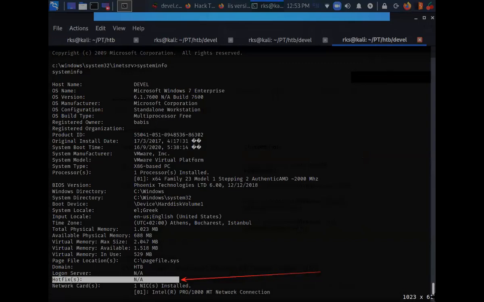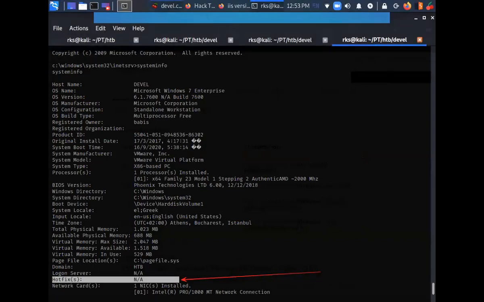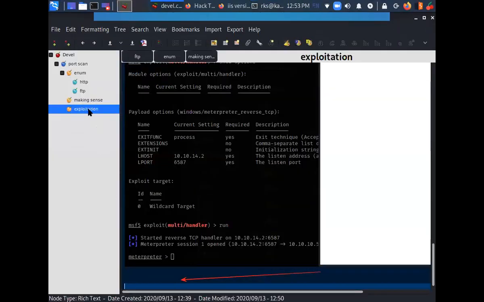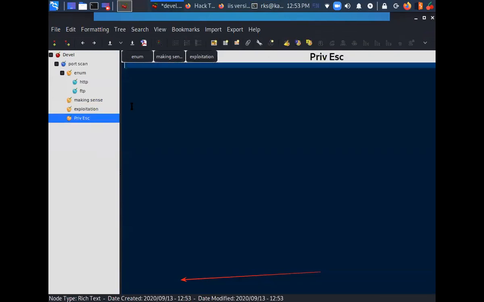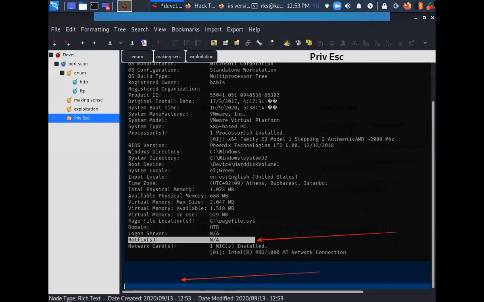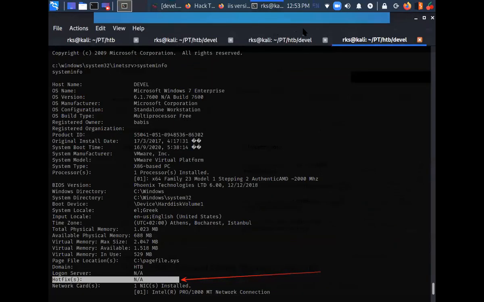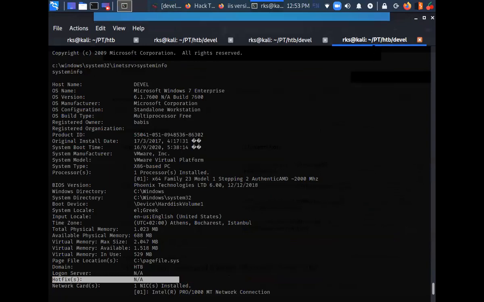Let me take a snap of this under exploitation and create a new tree saying previous. Hotfixes basically tell you if the target machine has ever been patched or updated after the install.